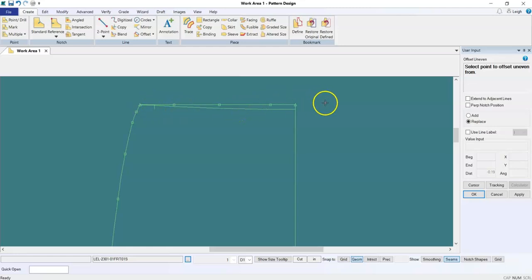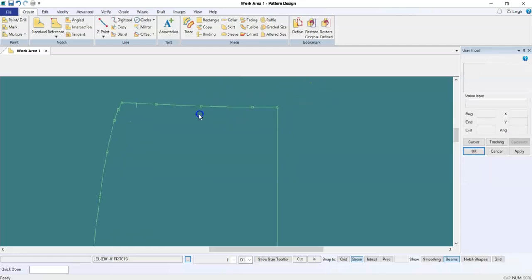And I think I'm okay with that. So I'm going to right click OK, and it replaced my original perimeter line with my new curved line. Now, if you get to this curved line and you still are not crazy about how it looks, you can